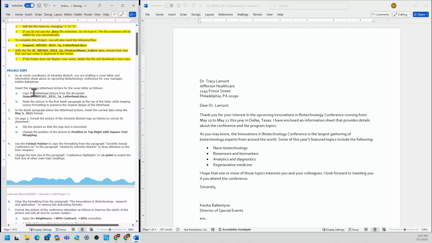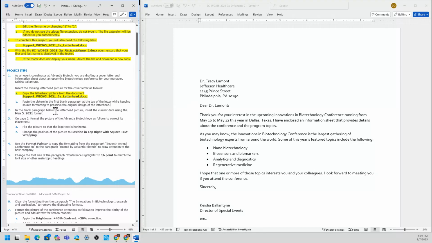Project step 1, we'll read it. As an event coordinator, I'm drafting a cover letter with information sheets about the upcoming conference. Step 1A is to copy the letterhead picture that I showed you before, and paste it in the blank paragraph at the top of the letterhead while keeping the source formatting.